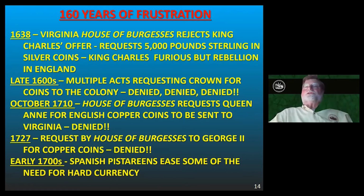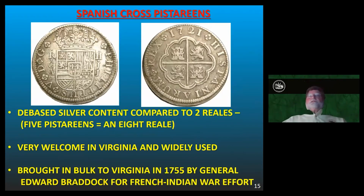But in the early 1700s, due to a problem that was occurring in Spain, Philip V in Spain had planned to develop these a little bit lower level silver coins. They had 20% less silver than the normal regal coinage, but he meant them to be used by his own people. But he had a rebellion in his own kingdom. And in order to be able to support his troops, he had to take these coins that were meant for his own people and send them off elsewhere in regard to getting supplies and needed things for his war effort, which he eventually won. But the point is that these coins started coming into Virginia, and they were very welcome. And of course, what I'm talking about is the cross Pistareens. Now, the cross Pistareens, most of them,